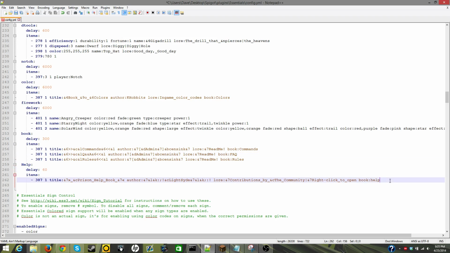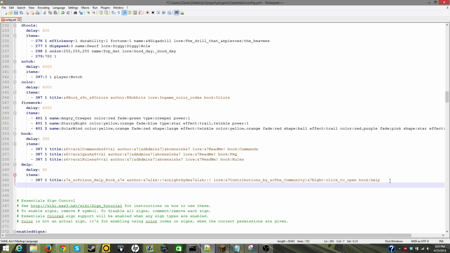Oh, and also I should mention that with Notepad++, it'll automatically put you right here. But you can see if I start to type, it'll turn red, and that means it's not valid. I don't know why, but I think it puts in tabs, and YAML doesn't allow tabs,